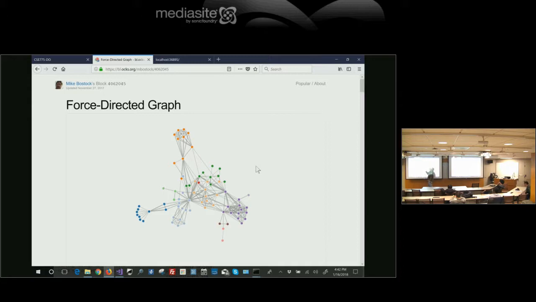Now, it turns out you need a little bit of damping too. Damping is a force that's dependent on the velocity, how fast they're moving. If you don't have any damping, what you see is this stuff oscillates, back and forth, back and forth. That's what the physics does. If you don't have any damping in the system, it's like a pendulum, it keeps going. But with a little bit of damping, voila. This was written in JavaScript.